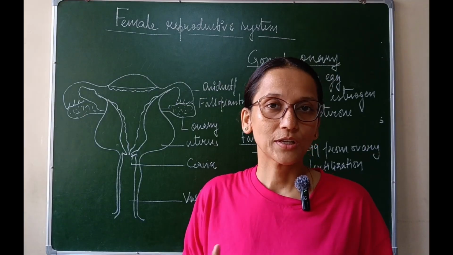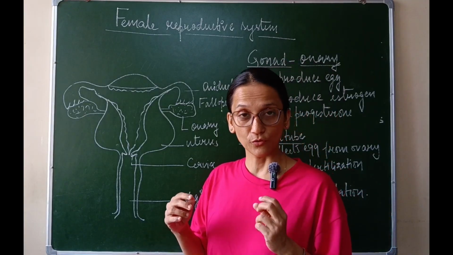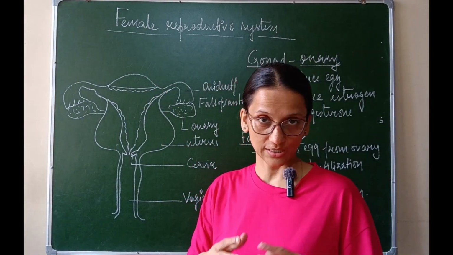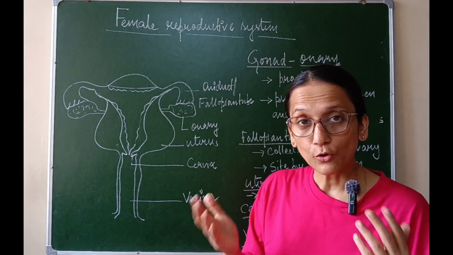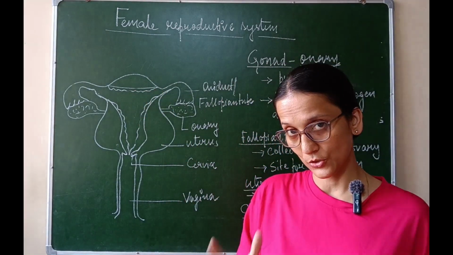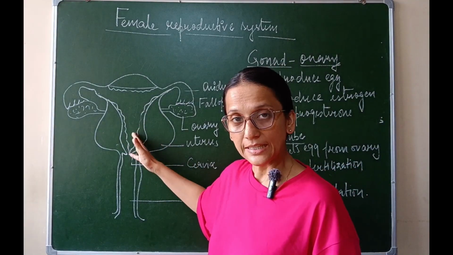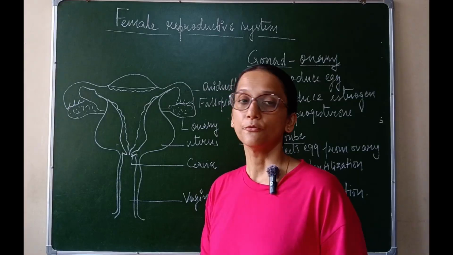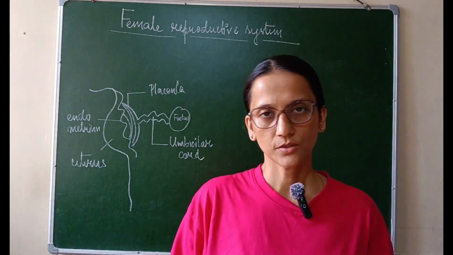So the female reproductive system comprises of a pair of gonads जिन्हें ovary कहा जाता है, followed by a tube-like structure जिसे हम fallopian tube कहते हैं, followed by a pear-shaped vascular structure which is known as uterus. Next to uterus is cervix, a narrow canal, followed by vagina. Now let us understand the process of implantation.